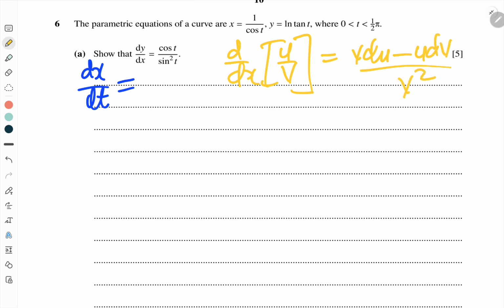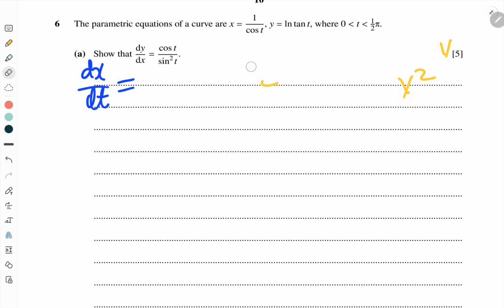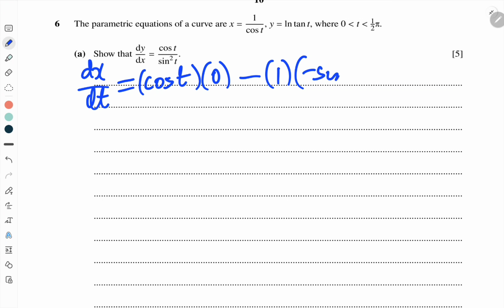That's what we are going to apply for this quotient of x. So let's do that. This is going to be cos t multiplied by the derivative of 1, which is 0, minus 1 times the derivative of cos. Derivative of cos is negative sine t all over